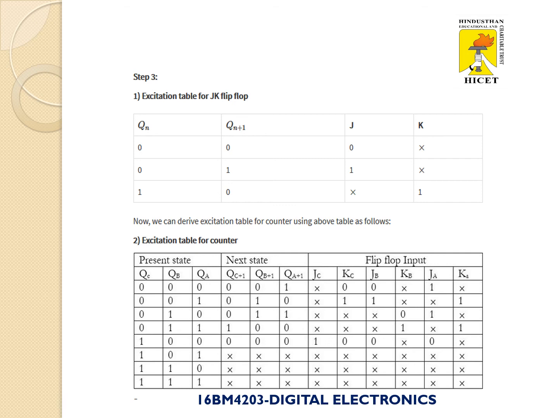Similarly, next level 0 0, third level 0 0, fourth level 0 1, QC 0, QC plus 1 1. So 0 1, present state 0, next state 1. For the value 0 1, identify the flip-flop input from the excitation table of JK flip-flop. Similarly, you can determine the flip-flop input. For example, to determine the value of JB KB, you have to compare QB and QB plus 1. To find the value of JA KA, you have to compare QA and QA plus 1. After comparing present state and next state, identify the flip-flop input from the excitation table of JK flip-flop.